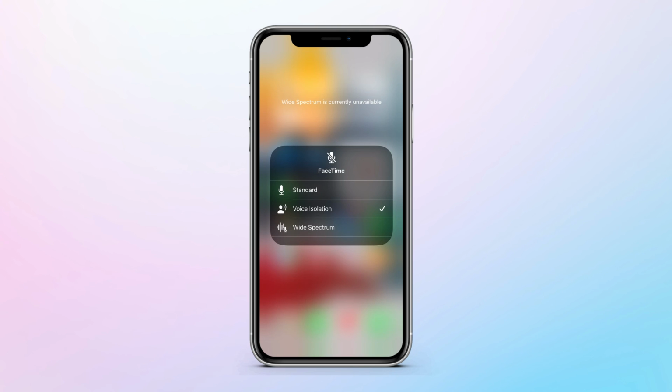You have Standard, then Voice Isolation, which works really well if you are talking to someone and there is noise in the background, as it will isolate your voice from the background noise. And Wide Spectrum, if more than one person is talking on a FaceTime call, it allows you to use the wide spectrum. These are some built-in new features in FaceTime.